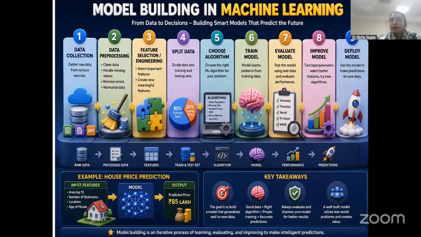Model, starting from the very first, that is data to be collected, and then the pre-processing of the data is done. Then out of it, we do the feature selection. Then we split the data set into training and testing. And then we choose the algorithm. This algorithm at any given point can be